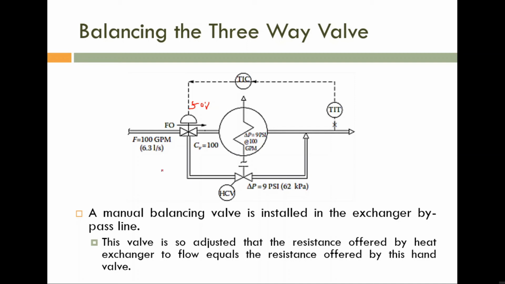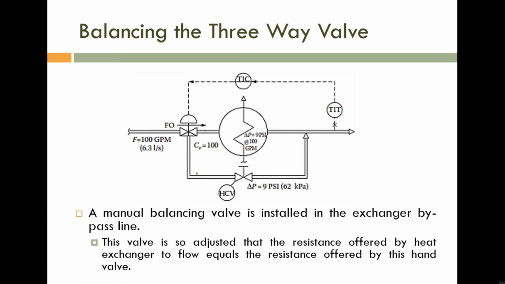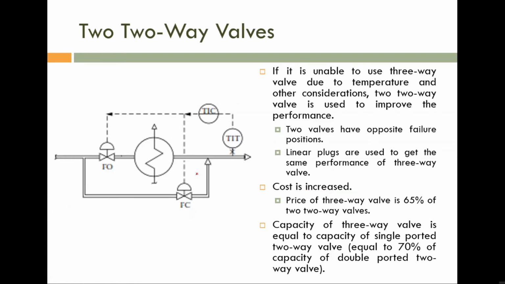Now we are going to discuss one more problem. First, note down this diagram. This one is a two-way valve, meaning this is not a three-way valve. We are not controlling the temperature of the process medium using a two-way valve in the usual way, but this one is a bypass line controller. But instead of using a three-way valve, two-way valves are used. So please note down this diagram.